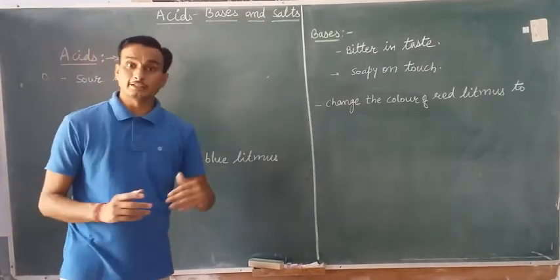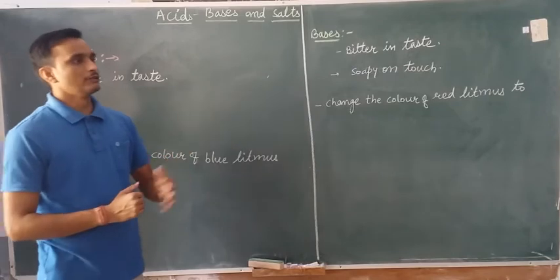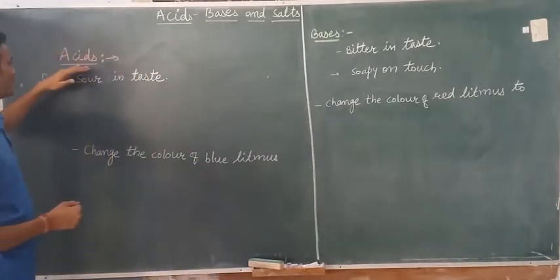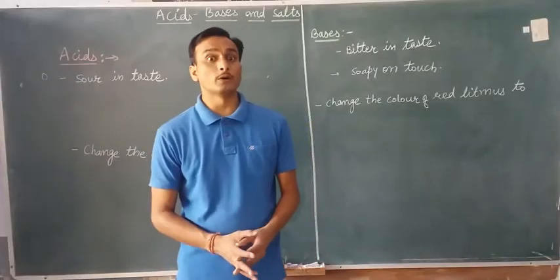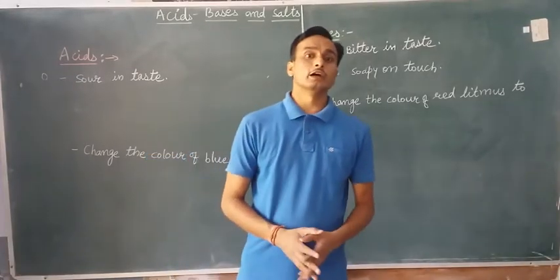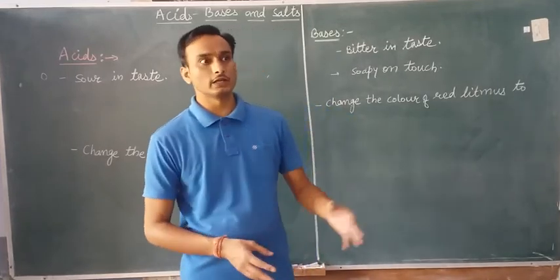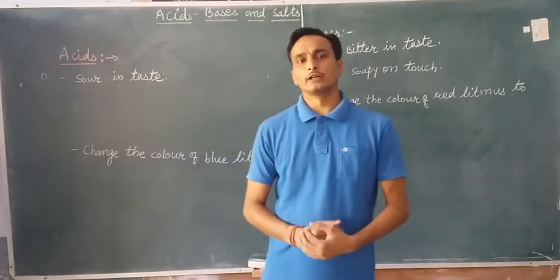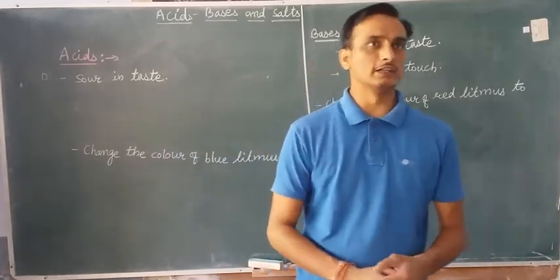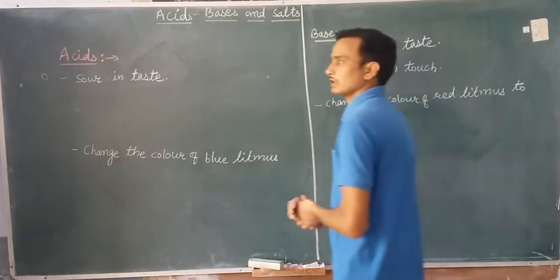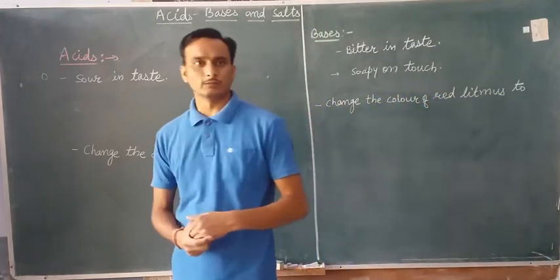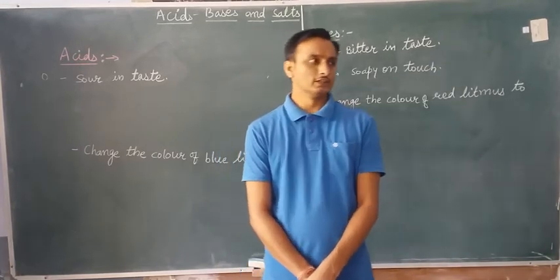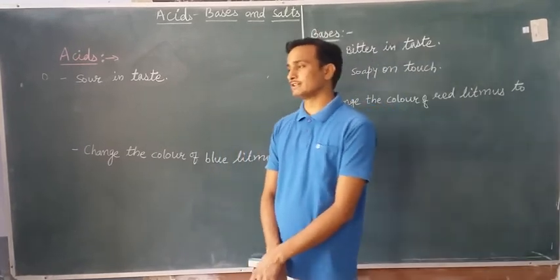As we studied in previous classes, many substances contain acids which have an important role in our daily life. For example, vinegar. Vinegar is used as a preservative. Vinegar is also used as a flavor in salad. And citric acid provides vitamin C, whose deficiency causes the disease scurvy. These acids are required